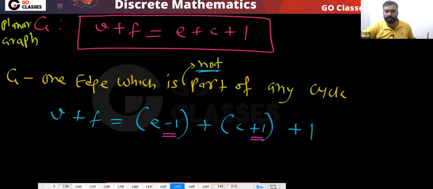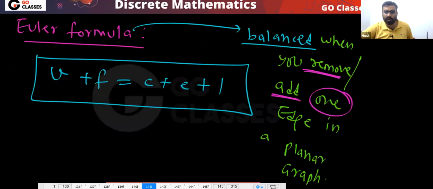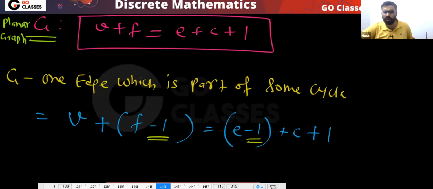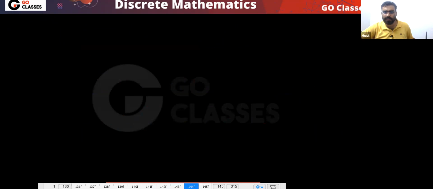Again, there is a balance. Okay. So this is the idea behind this Euler formula. This is the idea. This is the proof of Euler formula actually. This is the proof that if you remove one edge or you add one edge in a planar graph,